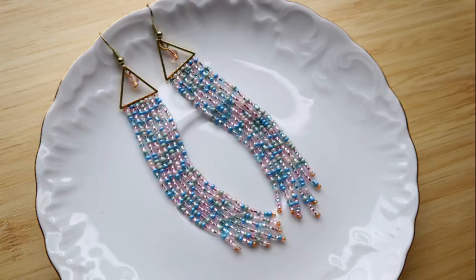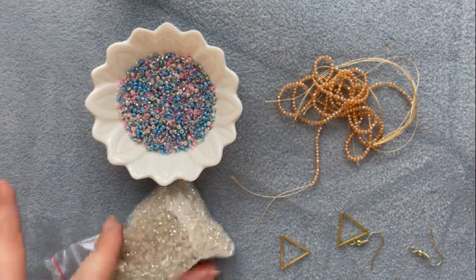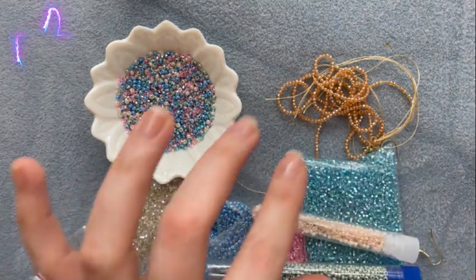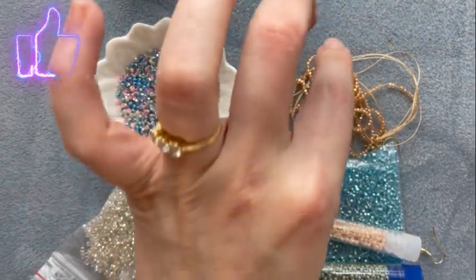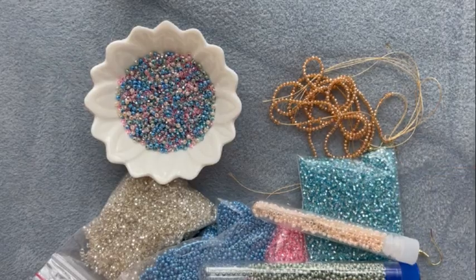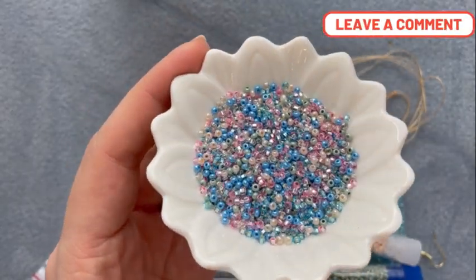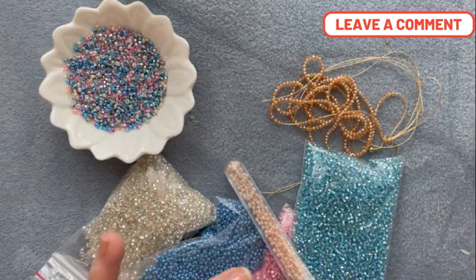In today's video we will create this kind of nice earrings, and let's start. For it we will need 5 different colors of seed beads. I made a mix and I'm planning to add this kind of nice crystals in the end of each strand. I think these earrings will be nice for spring, and I will need simple hooks